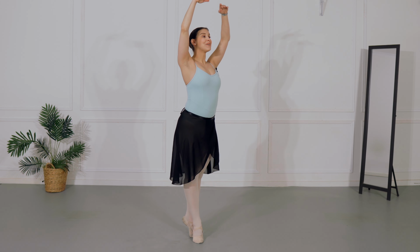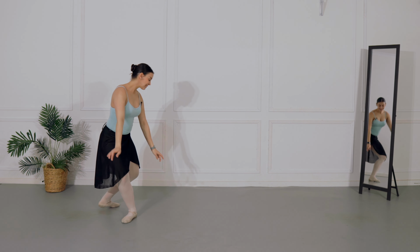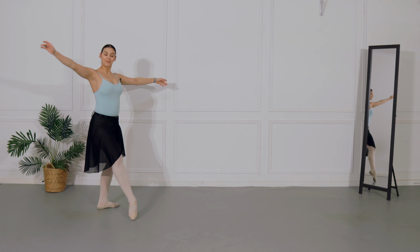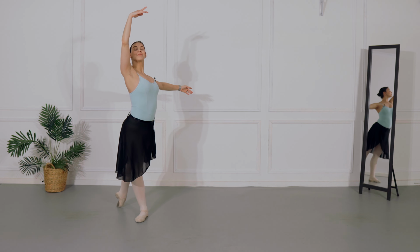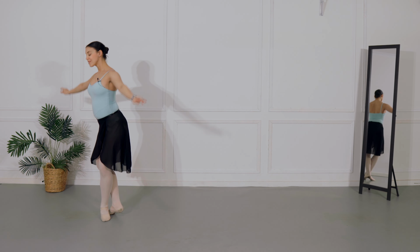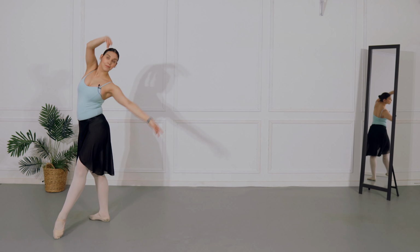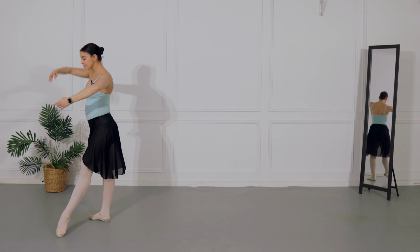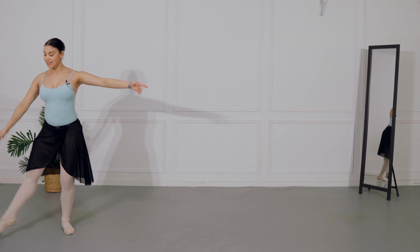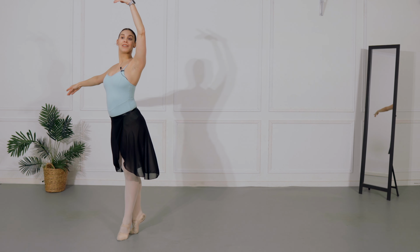squeeze everything up, plie, up, chassé, open, step 1, pique, right shoulder back, step 2, left shoulder back, together,